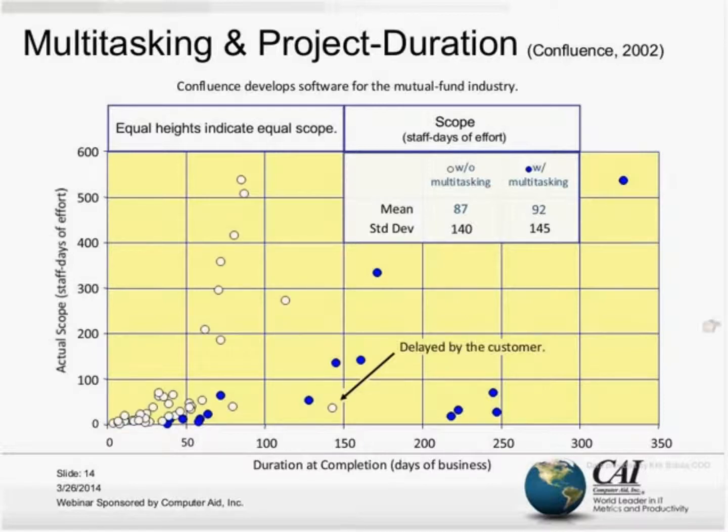The white dots are different projects, but of similar mean, 87, and similar standard deviation, 140, and you can see most of these white dots have moved to the left, basically meaning that duration was significantly shorter. So in other words, the organization was able to get much more productivity